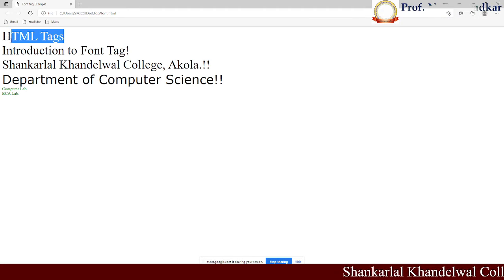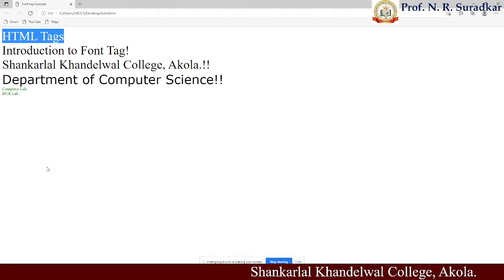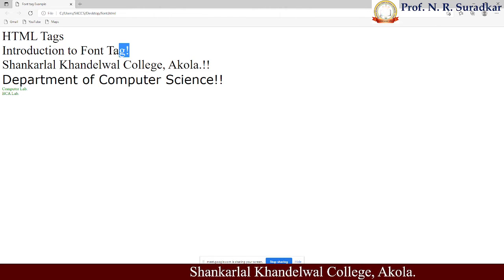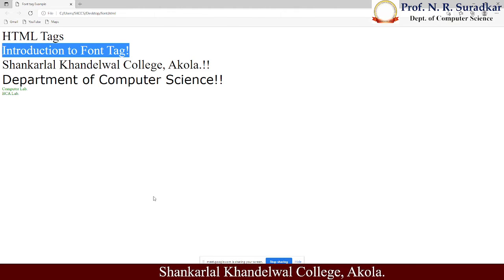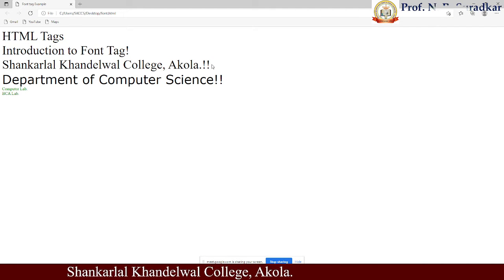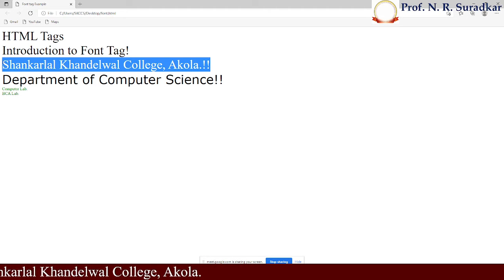Let's see here this HTML tag. Here we applied size 10, and introduction to font tag. Here we applied size 20. Then we use the font face tag. That particular tag is used to change the type of text. We convert the text to the Times New Roman type.